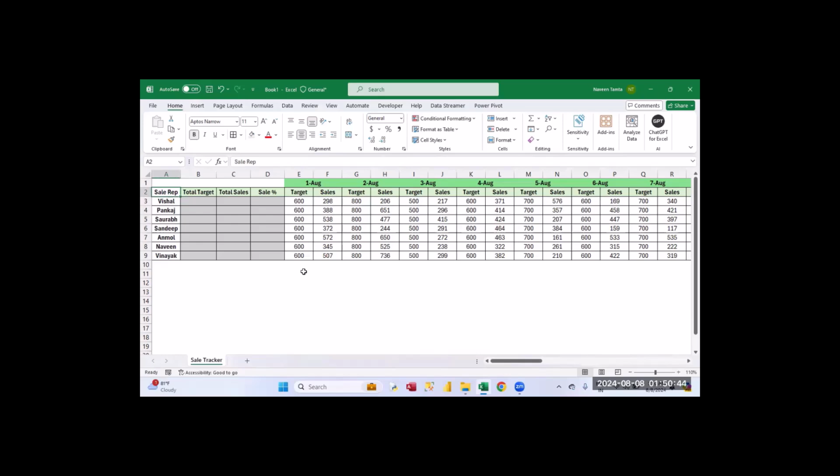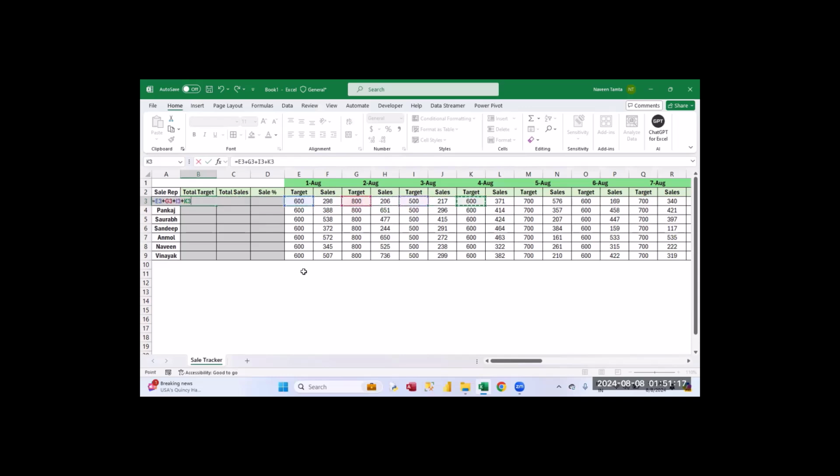Now, my requirement is to calculate the total target here, then total sales here, and then we can calculate the sales percentage for a particular representative. Now, the question is, how can I sum up the total of the target? Will I go like this plus this plus this plus this?